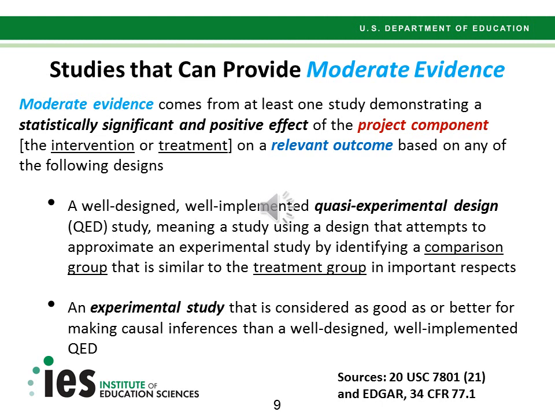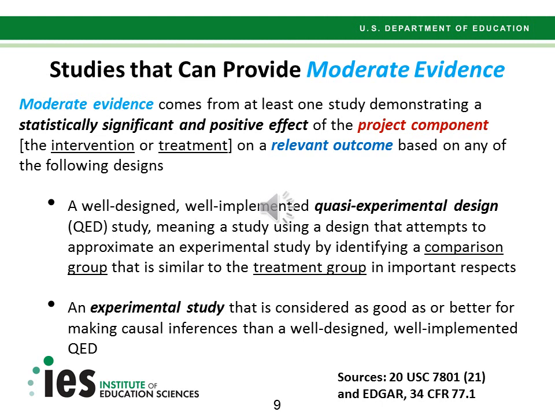Studies that can provide moderate evidence for the effectiveness of a project component, that is, the intervention or treatment condition, must have certain characteristics to meet the evidence definitions in federal law and U.S. Department of Education regulations. First, the study must demonstrate a statistically significant and positive, that is, favorable effect of the project component on a relevant outcome. Second, to provide moderate evidence, the study must be either a well-designed and well-implemented quasi-experimental design, or QED study,